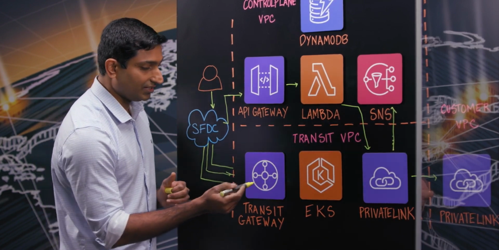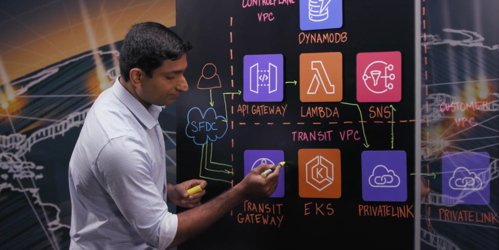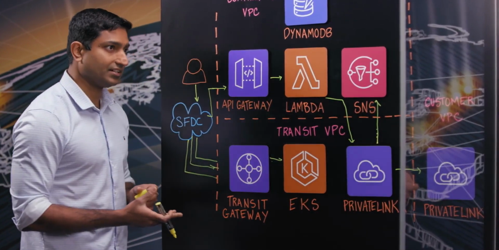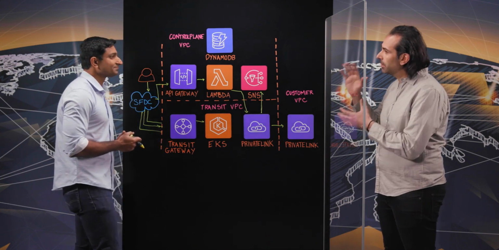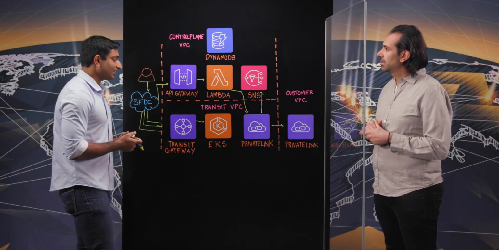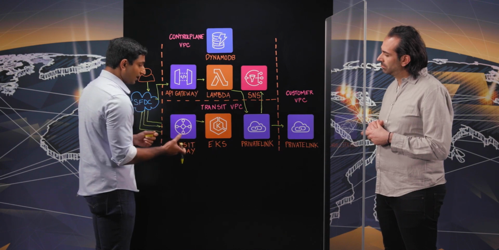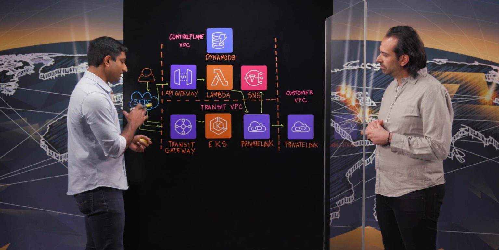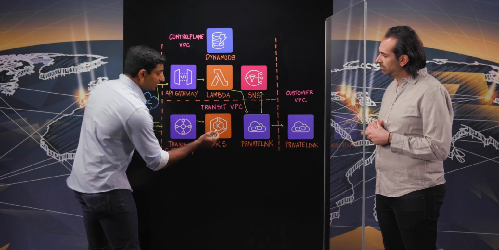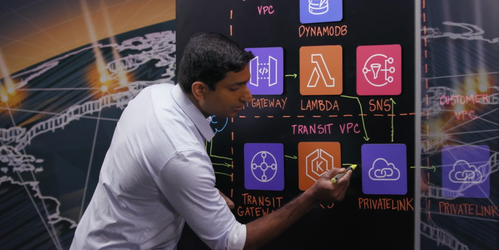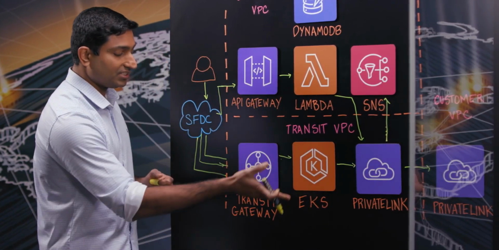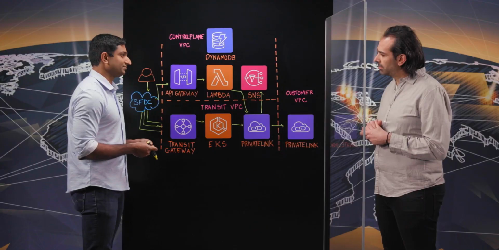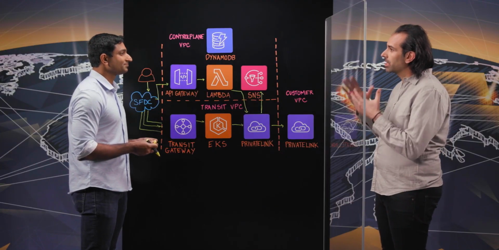From the transit gateway, the data is forwarded to the EKS, which has a bunch of connection forwarders running as a container. So why did you have to build connection forwarders? Connection forwarders are used to identify the customer based upon the metadata present per customer. So based upon this metadata, the traffic is forwarded to the appropriate private link. So these EKS services hosting connection forwarders are a multi-tenant service. Right, so you don't have to have multiple transit gateways for every single customer.